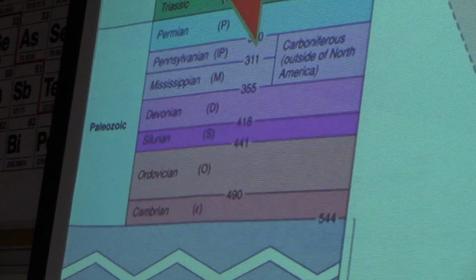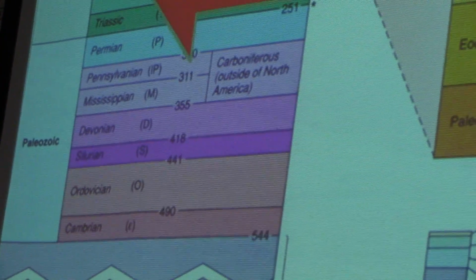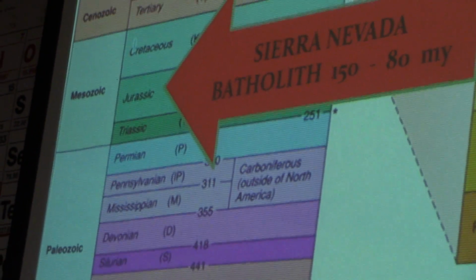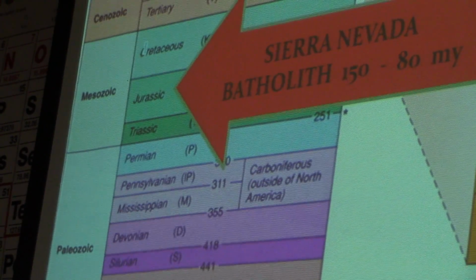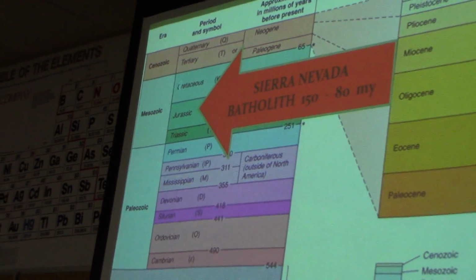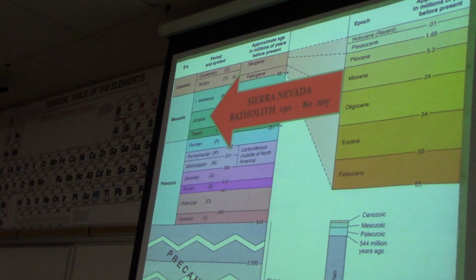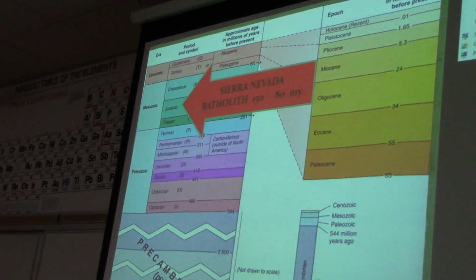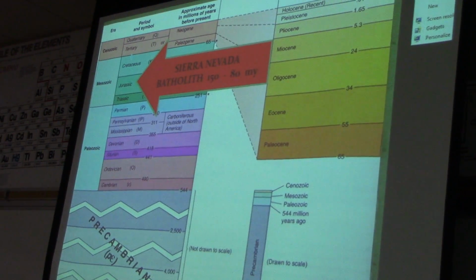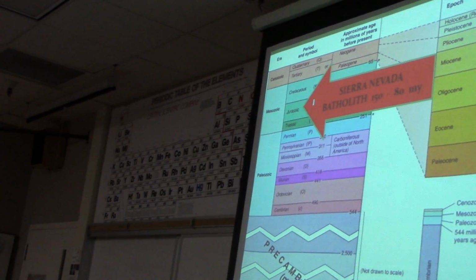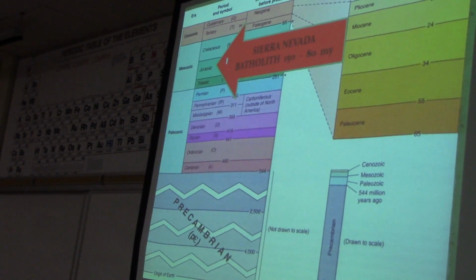And that's an easy one to remember because how many of you have seen Jurassic Park? Dinosaurs became extinct 65 million years ago. So Jurassic Park started and ended in that particular area there. So the Sierra Nevada batholith is Mesozoic. We have Mesozoic granitic intrusions into these old seafloor things that are being plastered against the edge of the continent.